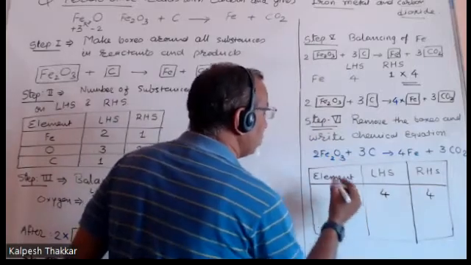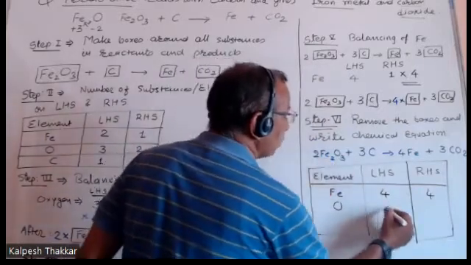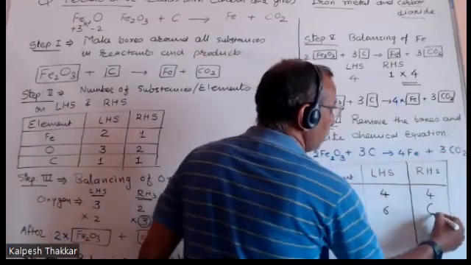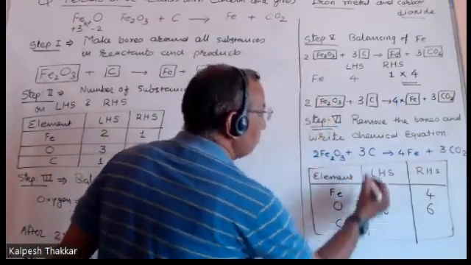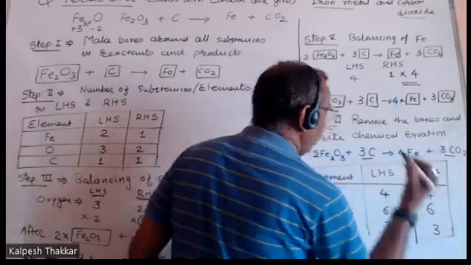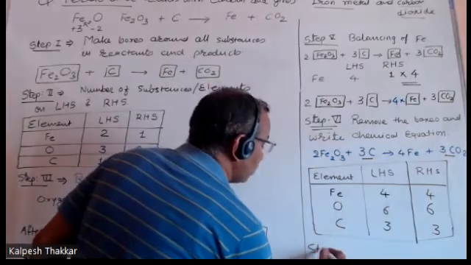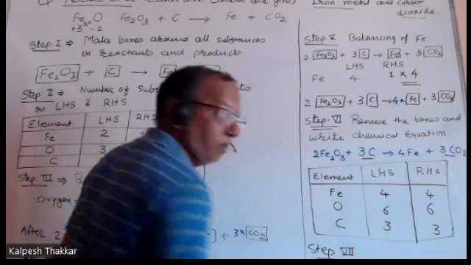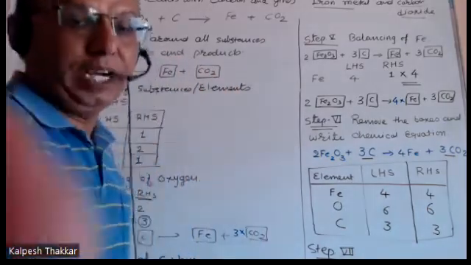Second element is oxygen, friends. 3 to the 6 oxygens present on the left side, and this is 3 to the 6 on the right side. Then, friends, carbon, you can see this is 3. Here is also, you can see 3. Right, friends? This is step number 6, and the last step is step number 7, in which, friends, we have